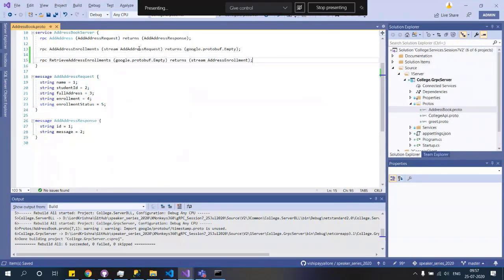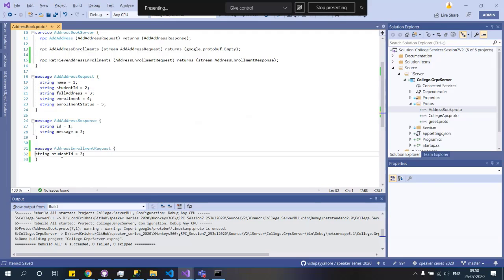We call one address enrollment request, and the other address enrollment response. These two things we have to create now. Coming back to this one, we call it a message, and all we need is the student ID, nothing else.